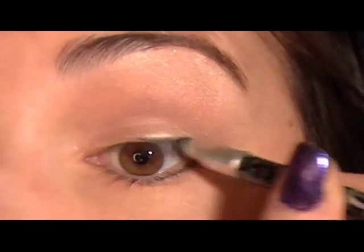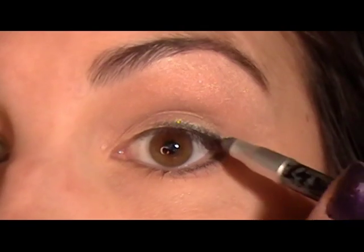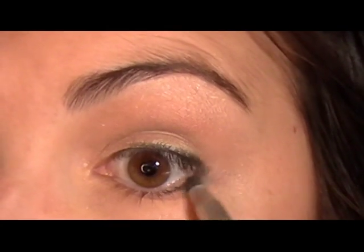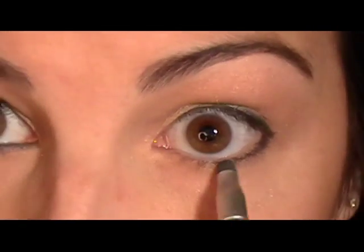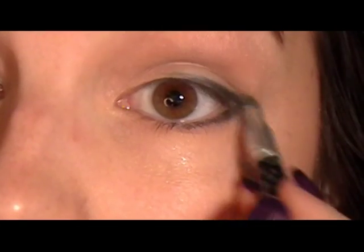And as I've said before, doing this step functions to not only smooth out the liner, but it also can remove some excess product. You wonder why you have smudges under your eyes. It may be because one stroke of your liner was just too heavy and there's a lot more product on your eye than you needed. Okay, so we're just smudging,